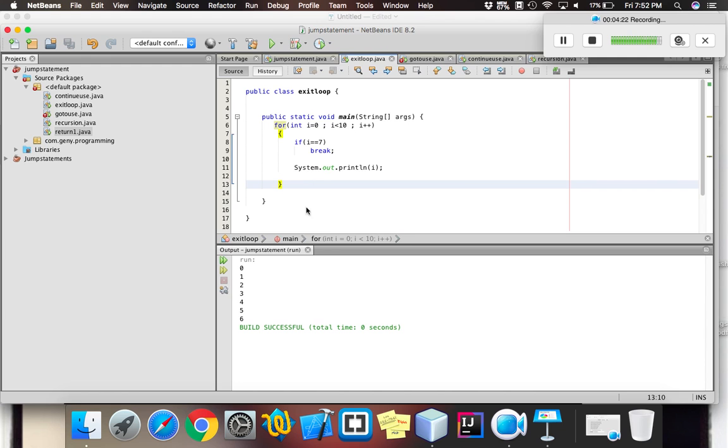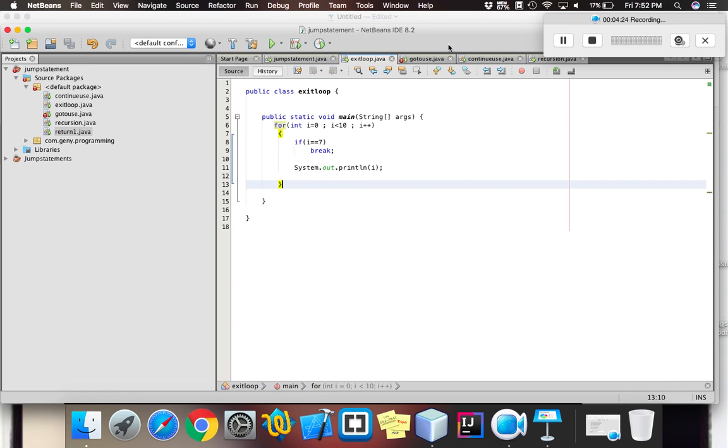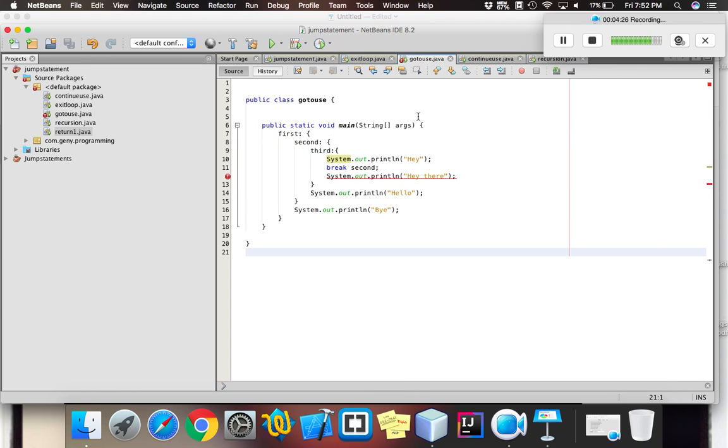Now the third use, as we discussed, is that it is used instead of go-tos. Now what are go-to statements? A go-to statement is also used to transfer control from one part of your program to some other part of your program. So imagine you have written thousands of lines of code,